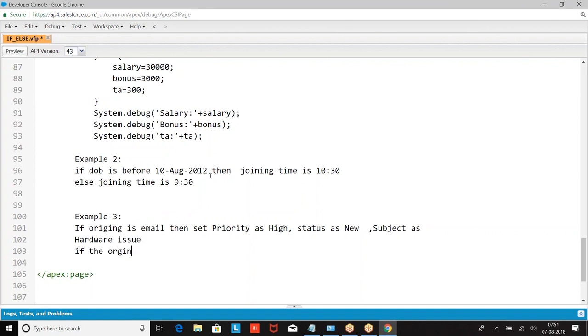If the origin is not email, then set priority as low, status as, subject as.